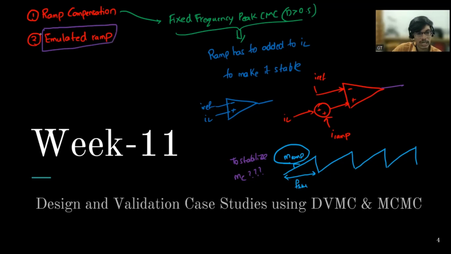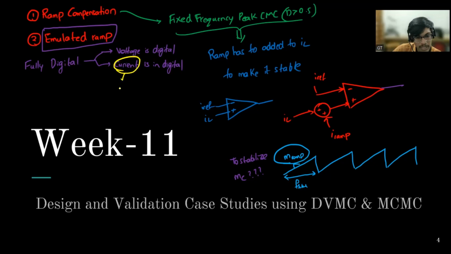So we had not actually gone deep into the emulated ramp, but we had discussed something called fully digital in week 2, as well as the week 3 MATLAB simulation, and in week 2 the architecture and sampling. In fully digital, there are again two things. We know the voltage loop is digitized, and the current is also digital. So current is digital, which means we are taking a sample. So the current sample is taken,